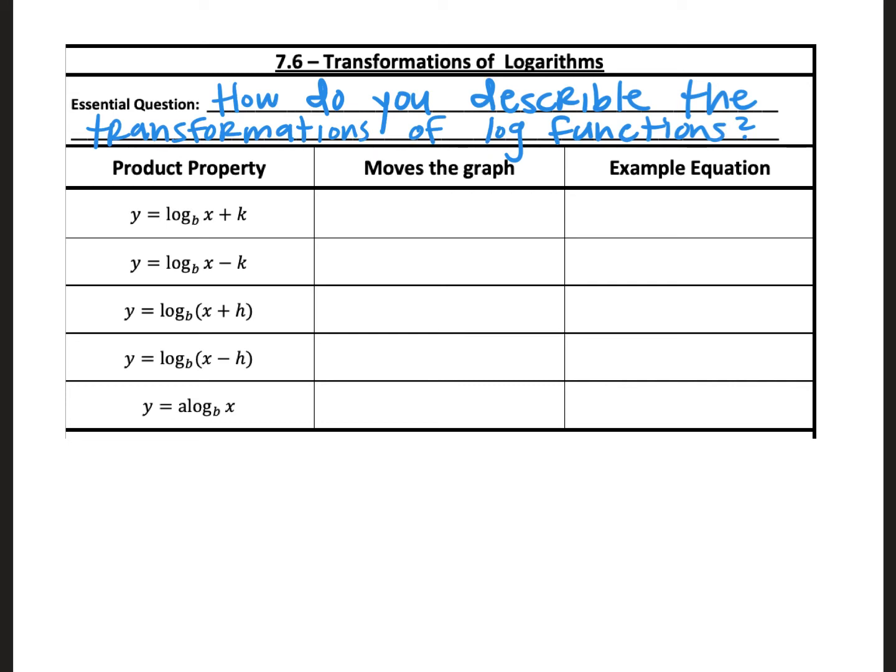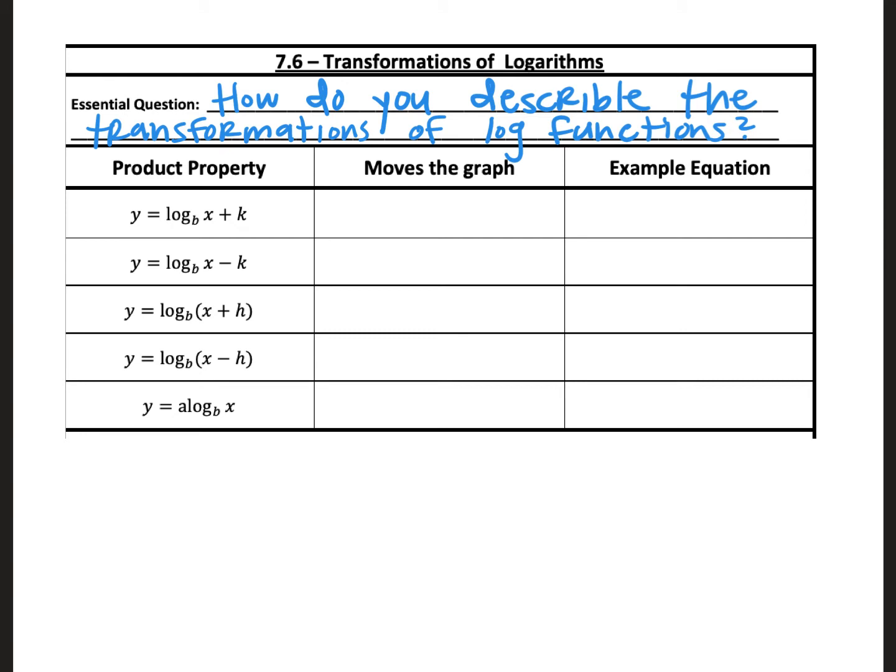Hello, today your essential question is how do you describe transformations of logarithmic functions? We are working on 7.6, transformations of logarithms. So our transformations are just the same as they have been in our previous units. My first one, we have y equals log base b of x, and then we have